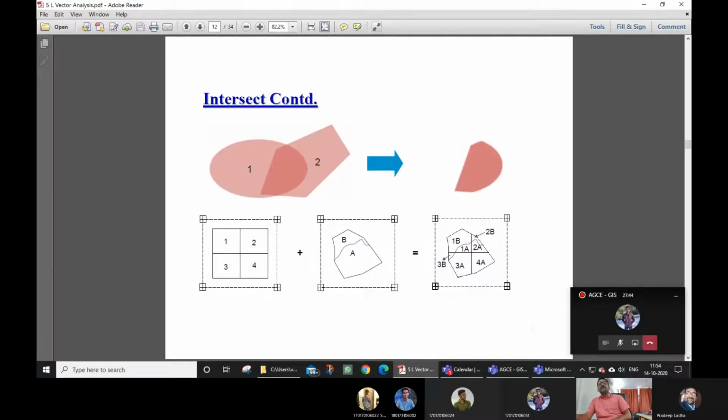Here both the layers are polygon, so the output is also a polygon. Intersection, as you know from set theory, means the intersection part comes out, but it keeps the data of both layers, and the area which is visible here is this.